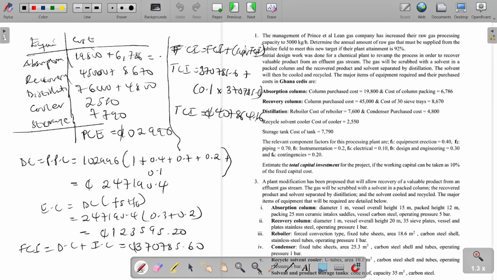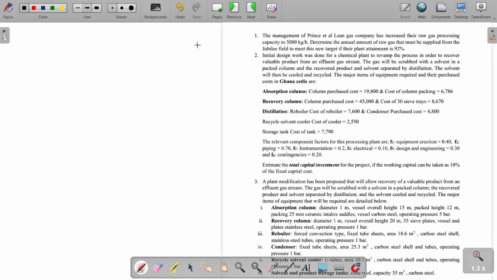Yes. So to this question, that's what they ask us to calculate. Sometimes the question can be in such a way that TCI will be equal to FCI plus 10% of the TCI. The first one was 10% of the FCI. So what if it's of this one? Then TCI will be equal to the fixed capital investment from this question,